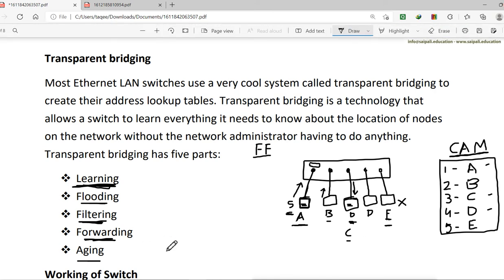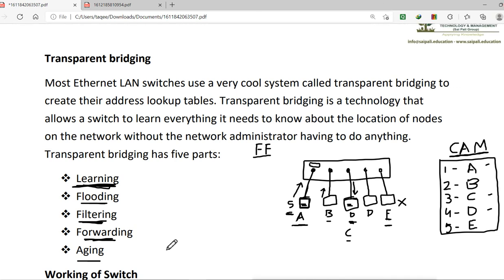So it uses this aging to remove the old entries which are not used, so that the CAM table memory will not get full. Remember, if it is full, it will not be able to add new MAC addresses, and then it will broadcast and start working like a hub, and that is not good for our network.